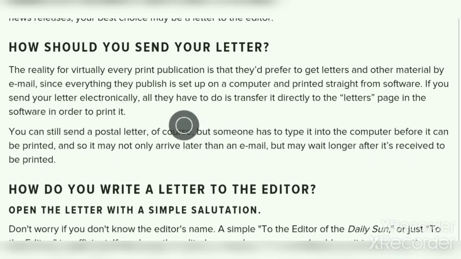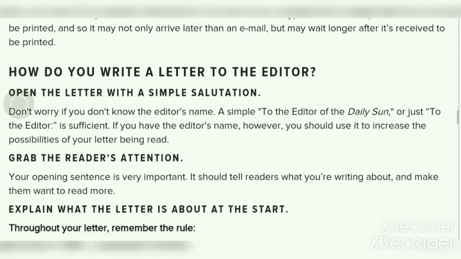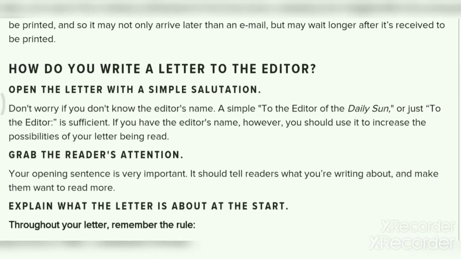Sending a letter by post is an offline thing, and now the majority of things are online. So your letter will arrive later than email, and will have to wait more time to actually get printed.